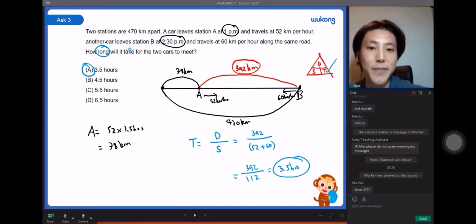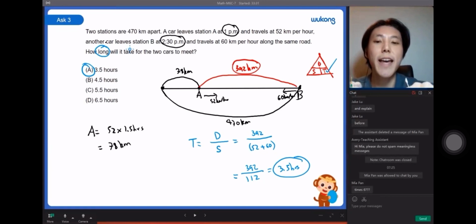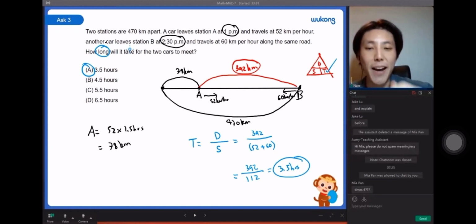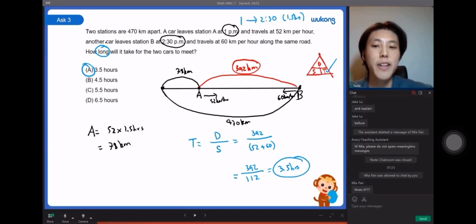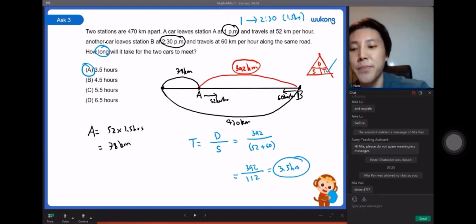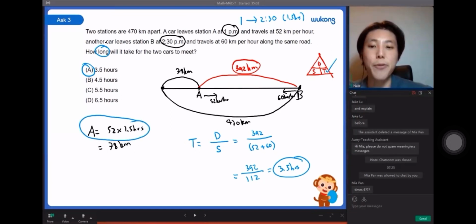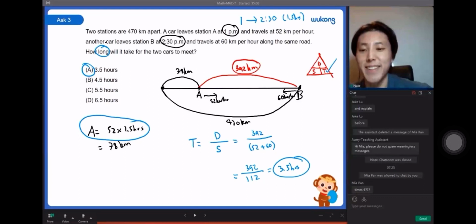So you'll have to find A's current location. And once the clock reaches 2:30, they'll be traveling toward each other, and the time will flow equally for both. So what you have to do is find the distance traveled by A for 1.5 hours, and figure out the distance